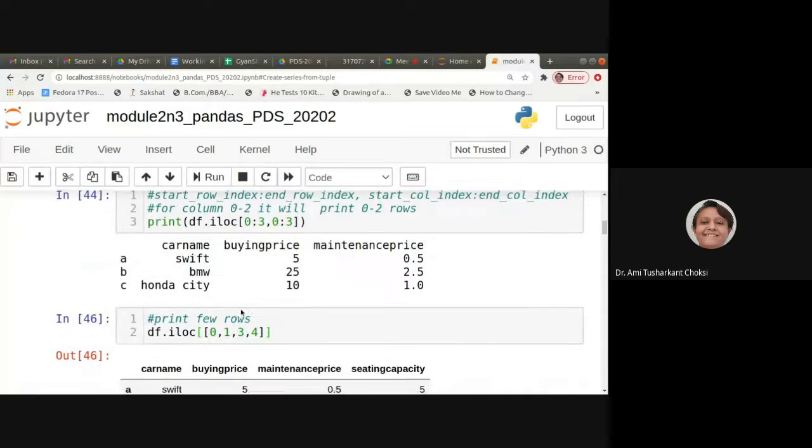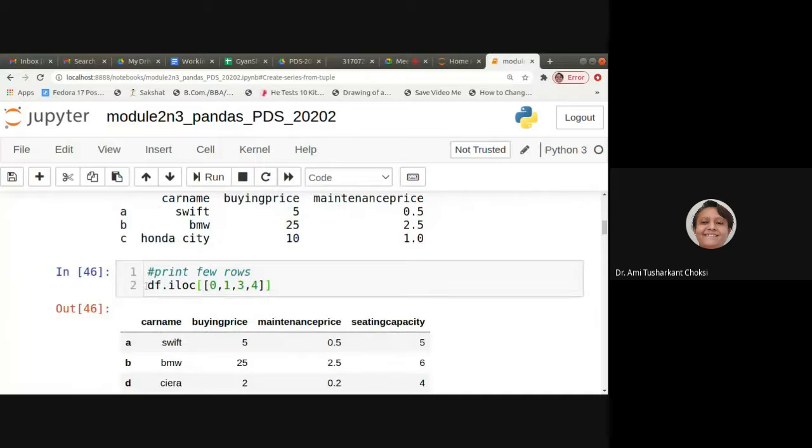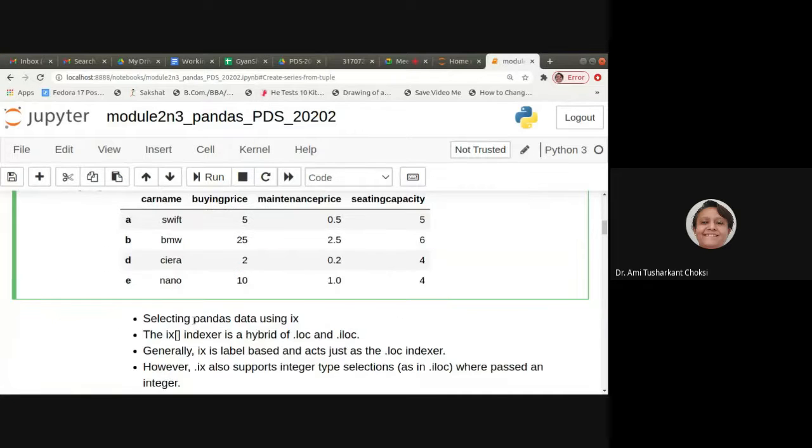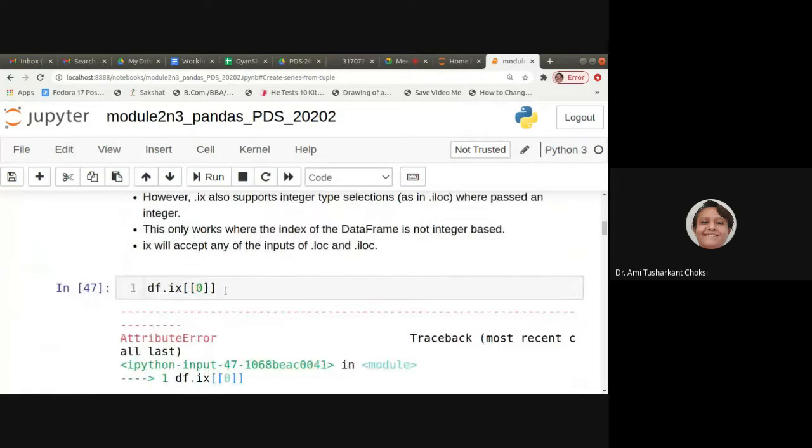Here we are using df.ix, and it is not available, right? No issue for that. You can use any other way, you may search on Google, or you may use any other version. No issue. But IX is an older one, so we are also not going to use it. We'll be using iloc and loc, right?